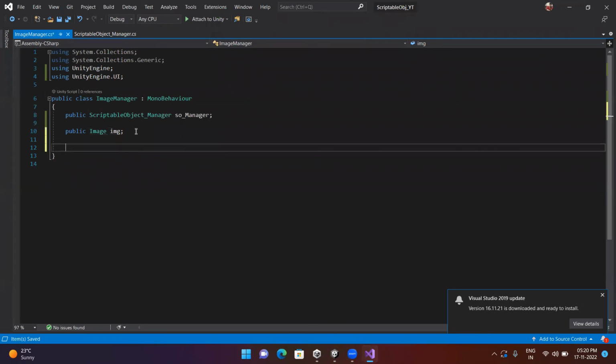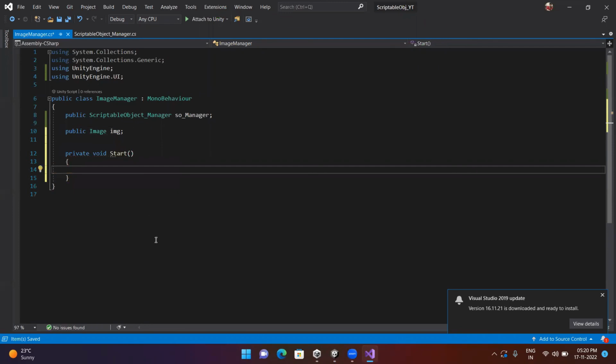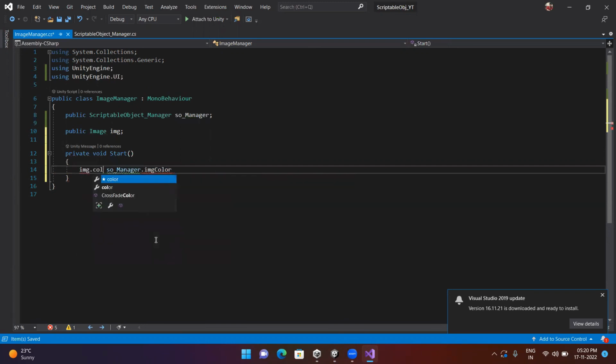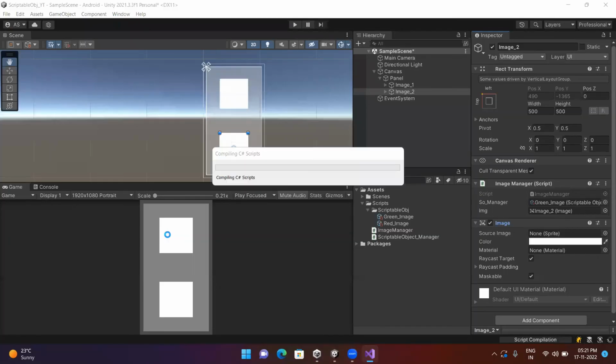So let's say in Start only, I can set that. What I need to do is first of all get that value from the scriptable object, which I can get by the SO manager dot image color. So basically, I need to say that img.color will be equal to that color that I have stored in my scriptable object manager. There it is. Now, if I go back to my Unity editor